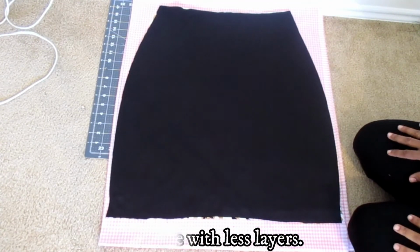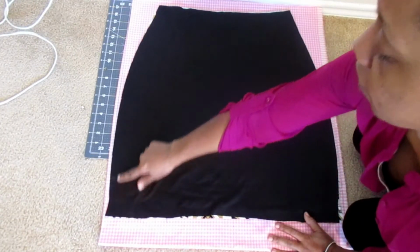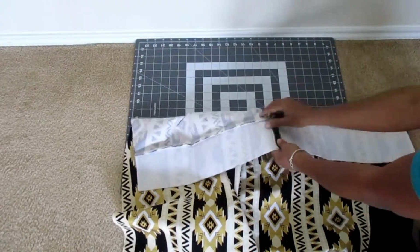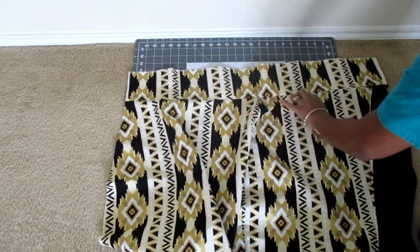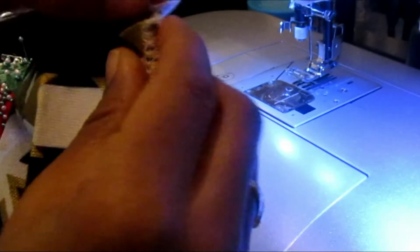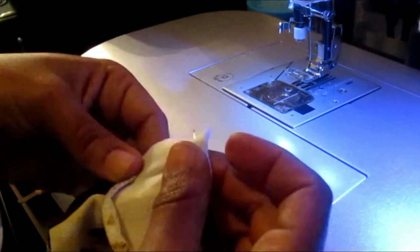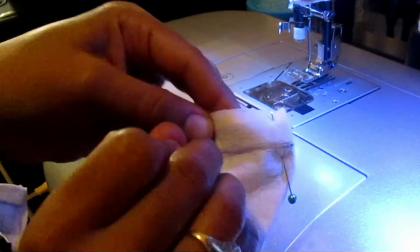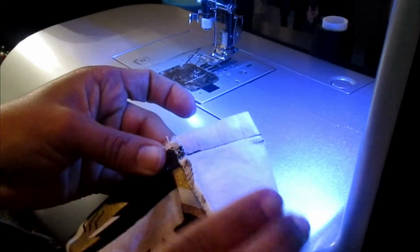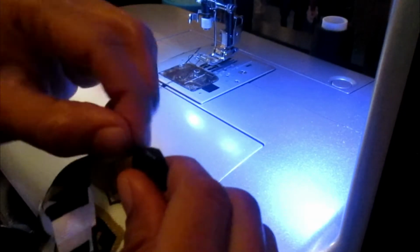Now what I'm going to do is sew down my fabric right here. The reason you're doing your waistband this way is so that when you flip it inside out, you won't see